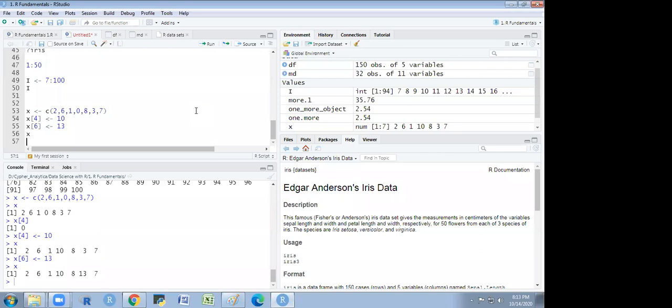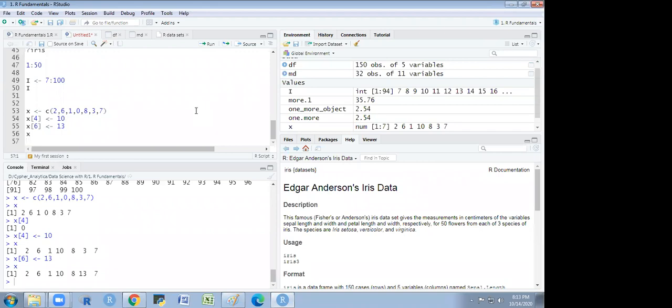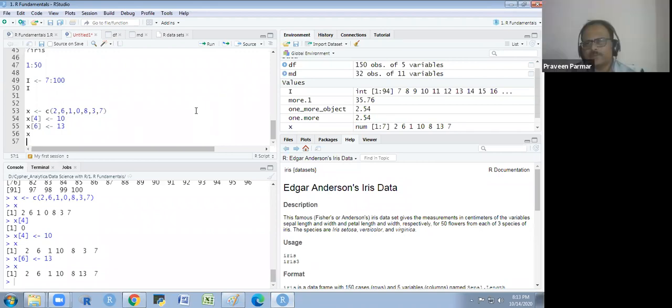Thank you. Does that make sense to everyone? In this way, we could access the element from a vector, or we could change the value of the vectors. Okay. One more thing I am going to write.